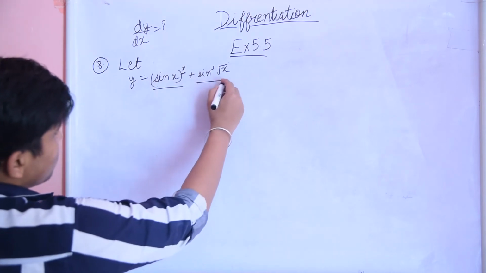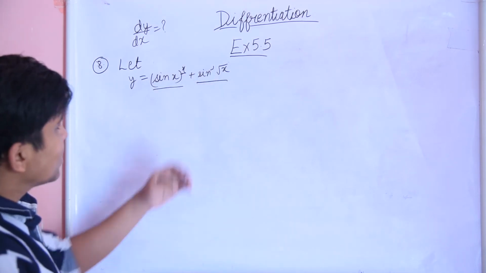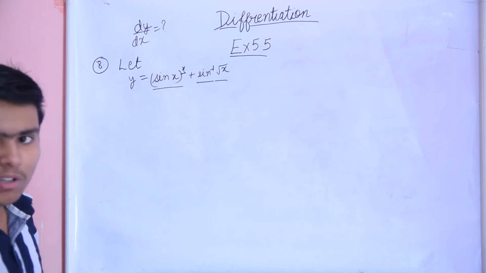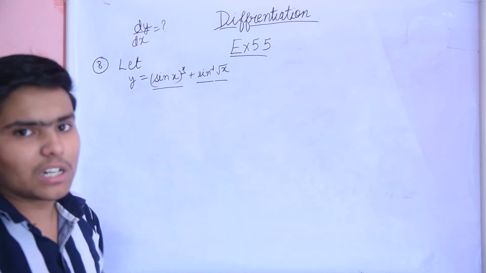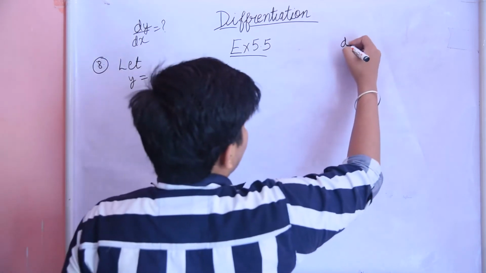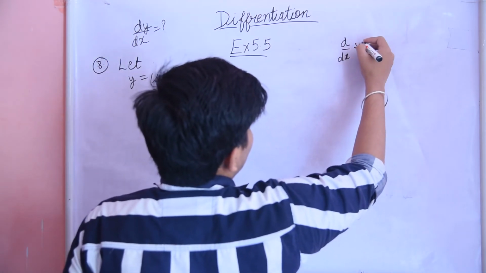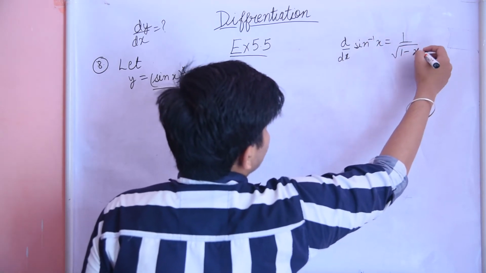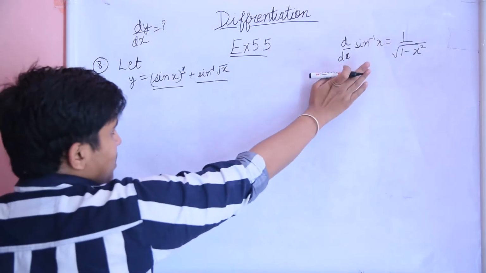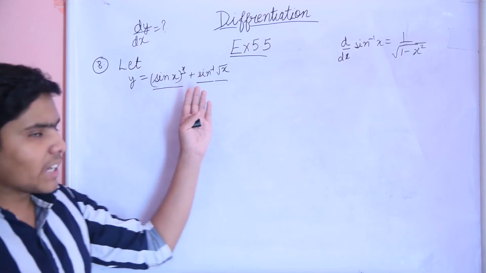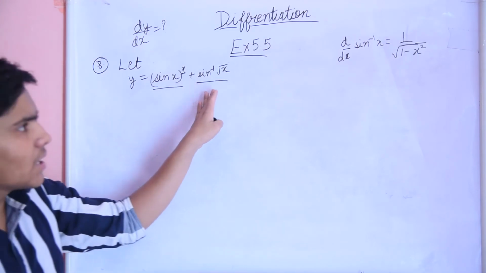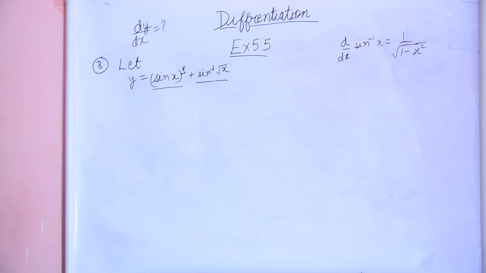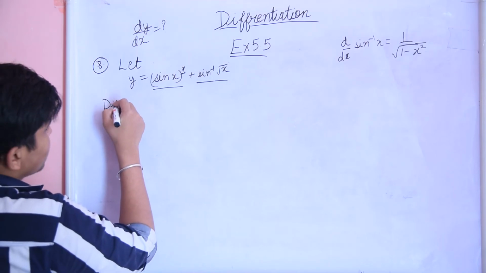But in this term you are seeing that there is no such case, and there is an inverse function, that is sin inverse root x. So we will be able to directly differentiate this function. As I have already told you in my previous video, differentiation of sin inverse x is 1 upon under root 1 minus x square. So we will be using this identity here, because we can simply calculate the differentiation of an inverse function, that is dy by dx of sin inverse x is 1 upon under root 1 minus x square. So first differentiating